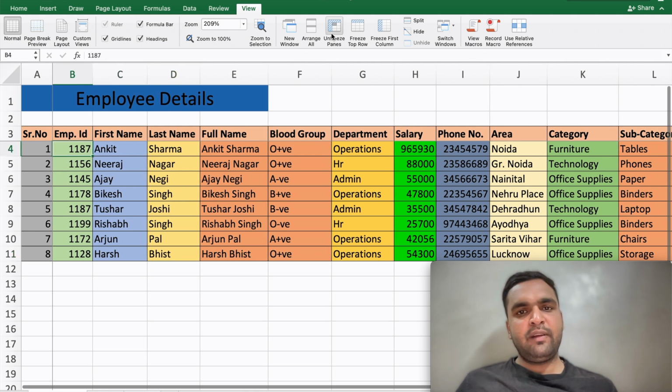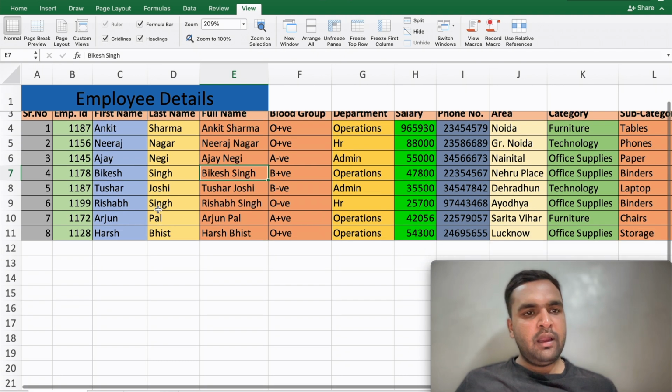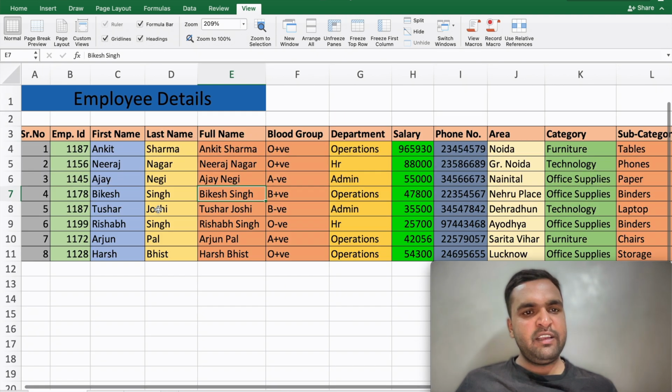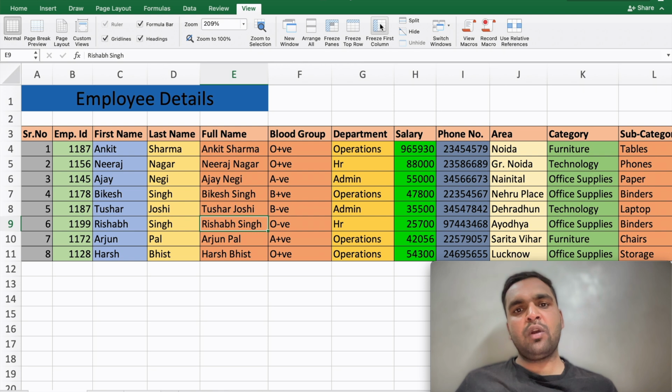And if I unfreeze here, and if I want to freeze the top row, like this Employee Detail, what I'll do is I'll just click here, Freeze Top Row, and now my top row is frozen, as you can see here. And if I unfreeze here, and if I want to freeze my first column, what I'll do is